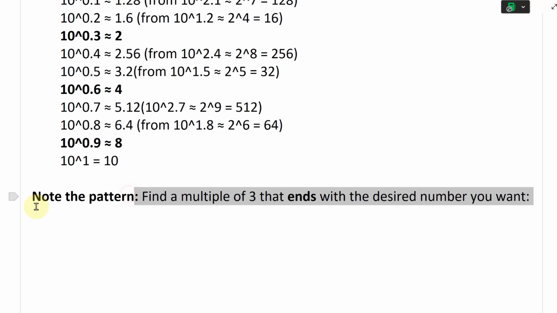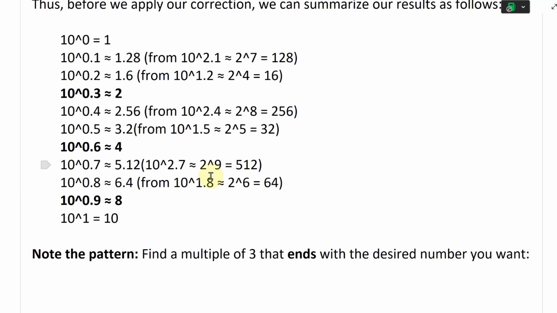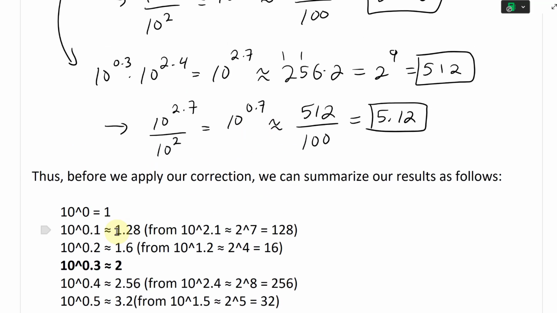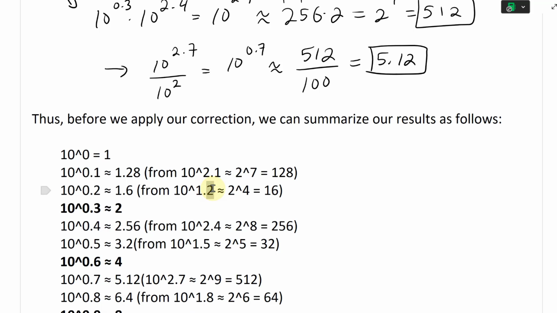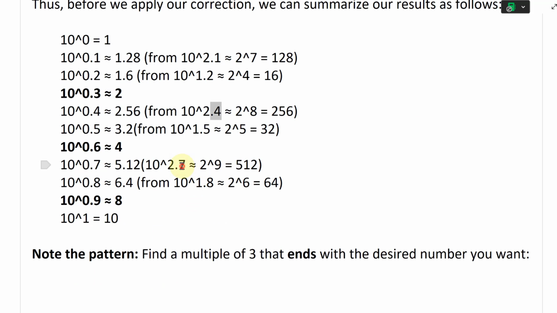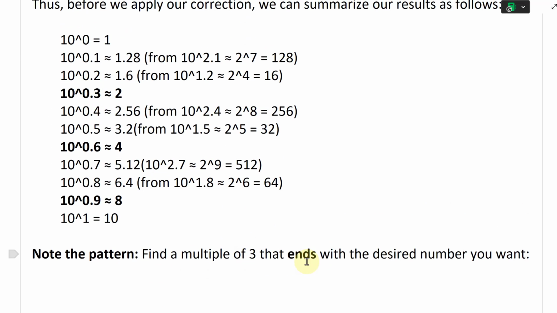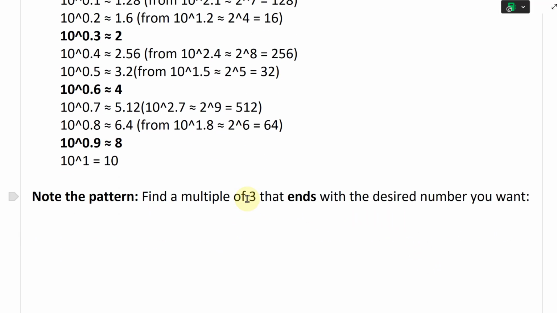So now note the pattern that we can memorize, keep it in memory. If you want to multiply in your head, you can quickly know it just by starting from this right here and noting the pattern. So find a multiple of 3 that ends with the desired number you want. In other words, right here, 0.1 was derived from 2.1. So notice the ending 1 here. Notice here, 0.2 ends at 2 and at 1.2. This is 0.4, 0.4, 0.5, and this is 0.5. And this one right here, 0.7. So in other words, we want a multiple of 3 because we're all just multiplying by 0.3. A multiple of 3 that ends with the desired number you want. And again, this could be more specifically 0.3, but just a multiple of 3, and then you can deal with